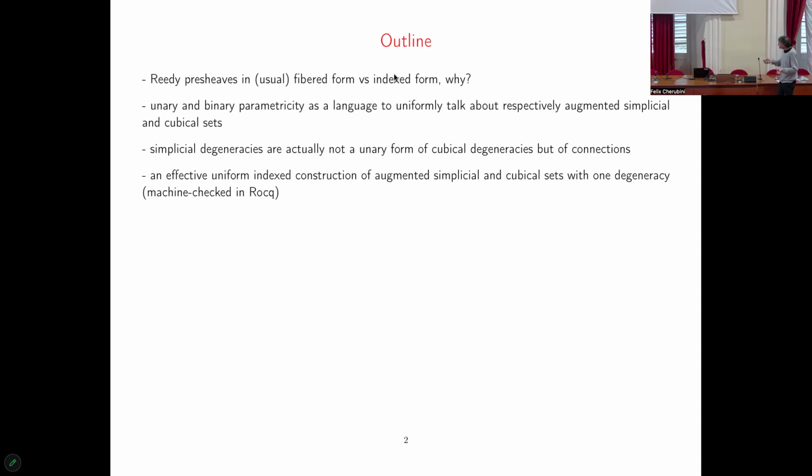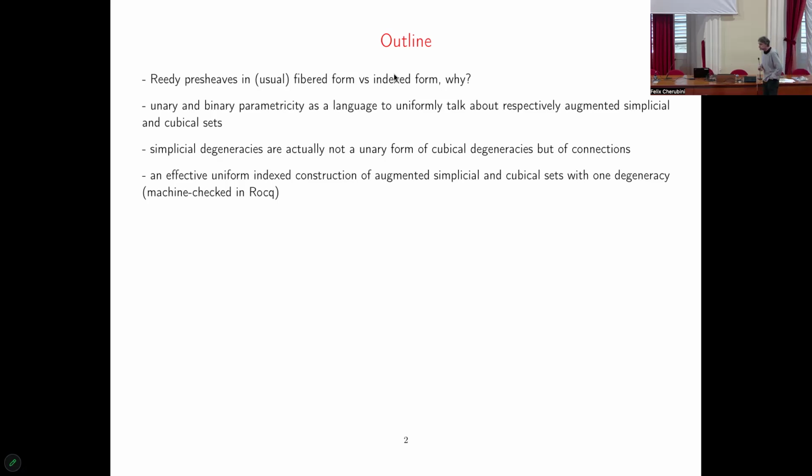Somehow the index-fiber correspondence is sometimes considered an anecdotal way of representing things. But when we have a hierarchy of such index-fiber correspondences, we have an iteration of it, and it starts to be a bit less simple than when we have just one index-fiber correspondence. So this is somehow what the talk is about, and this is the first line of the talk.